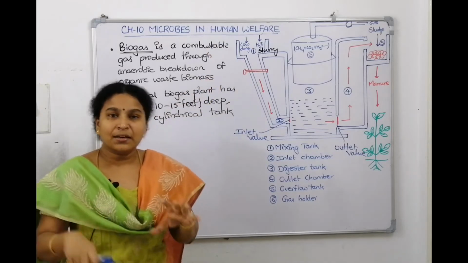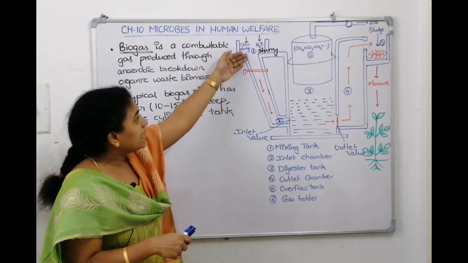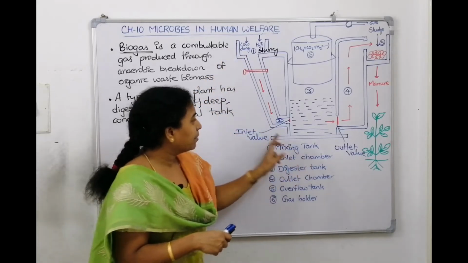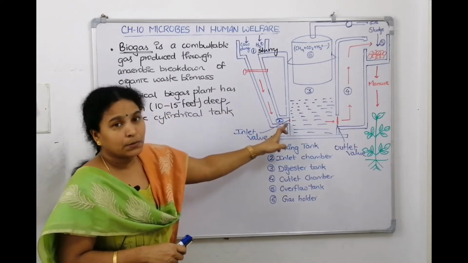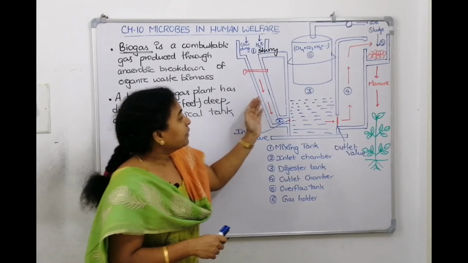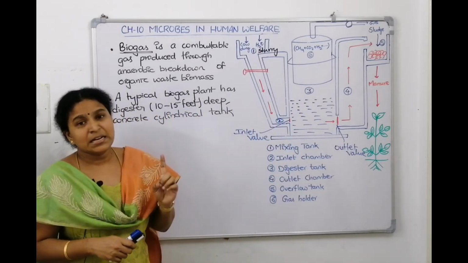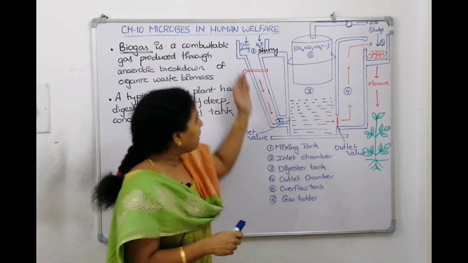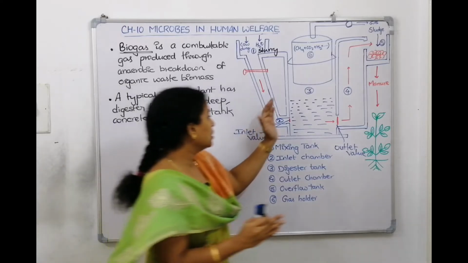After ensuring that a nice thin slurry is prepared, open this and send the slurry into the inlet chamber. 2 is called the inlet chamber. Now when the slurry comes to the inlet chamber, open the inlet valve and collect the slurry into the digester. What is a digester? It is an airtight cylindrical tank. In the airtight cylindrical tank, we pump all that slurry and ensure anaerobic conditions by closing the inlet valve